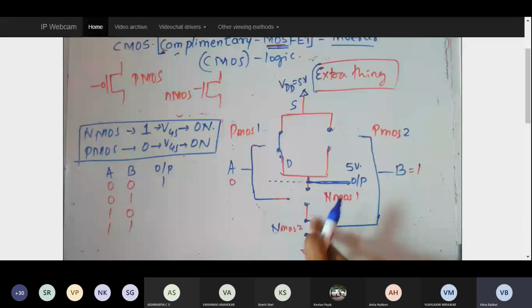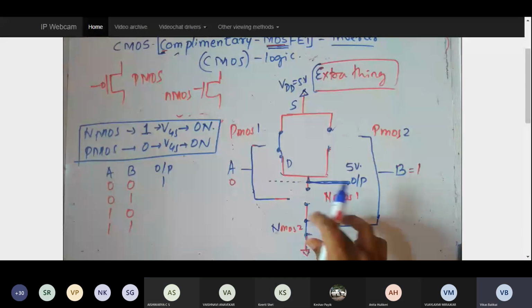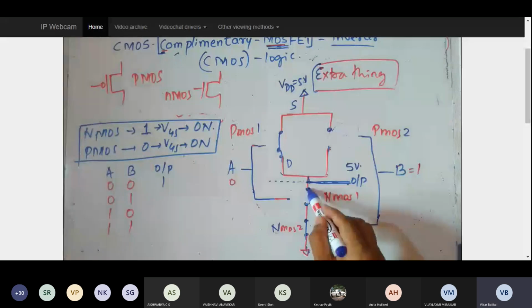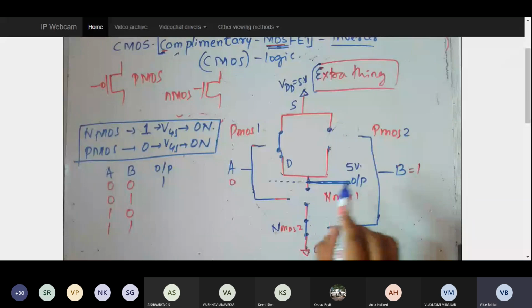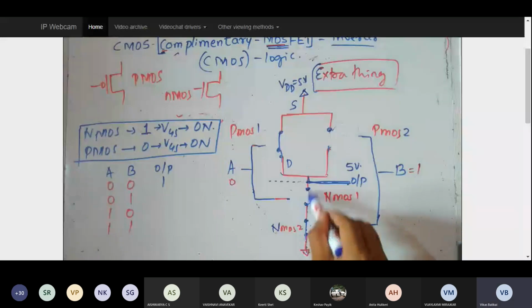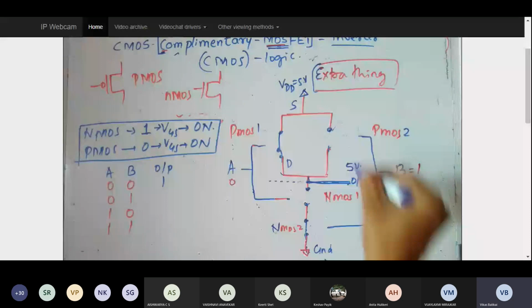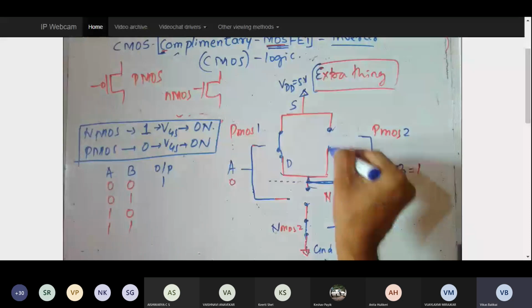Now tell me what is the output? How many paths or where is the connections you can see? Output, is it connected to ground? No, there is still a broken wire over here. ಯಾಕಂದ್ರೆ NMOS 1 ಆನ್ ಆಗಲೇ ಇಲ್ಲ. ನನಗೆ ಔಟ್ಪುಟ್ ಗ್ರೌಂಡ್ ಕನೆಕ್ಟ್ ಆಗ್ಬೇಕಂದ್ರೆ ಎರಡು NMOS ಆನ್ ಆಗಬೇಕು. NMOS 2 ಅಷ್ಟೇ ಆನ್ ಆಯ್ತು, ಇಲ್ಲಿಂದ ಇಲ್ಲಿ ಕನೆಕ್ಷನ್ ಬಂತು, ಬಟ್ ಇಲ್ಲಿಂದ ಇಲ್ಲಿ ಕರೆಂಟ್ ಫ್ಲೋ ಆಗಲೇ ಇಲ್ಲ. What about here? Can I get the output from here? No, there is a broken channel. There is no channel formation.